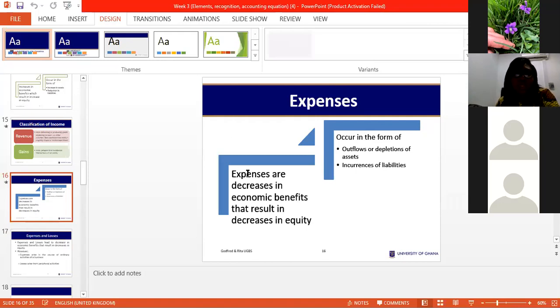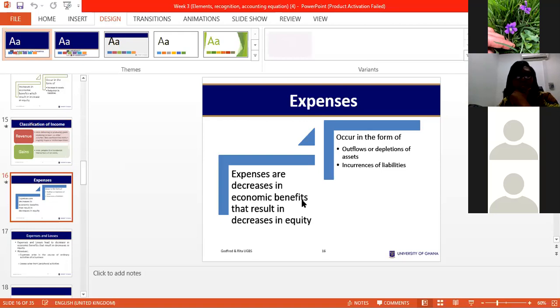Okay, in all these, one thing you must note is that everything you do, you must relate it to the business. So if the gift is to the business, then that is not part of the core activity. So you would have to look at where to place it. You may treat it as another income with a different name. Okay, and there's guidance on that.